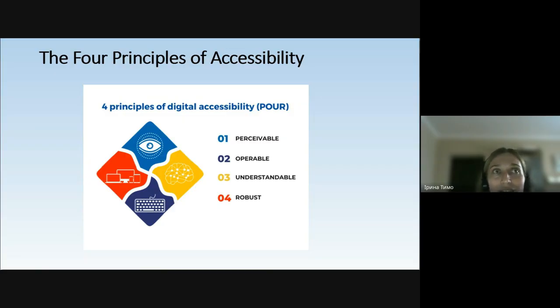In conclusion, I want to say that these 4 principles of web accessibility are not just guidelines. They are pillars of a more inclusive digital world. And by focusing on perceivability, operability, understandability, and robustness, web developers and designers can